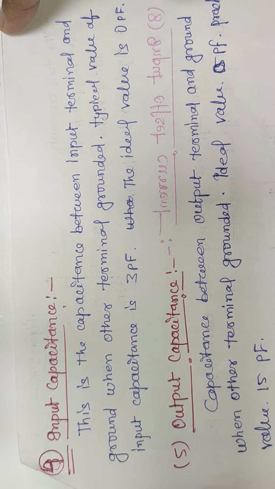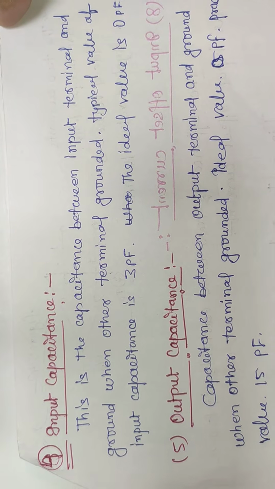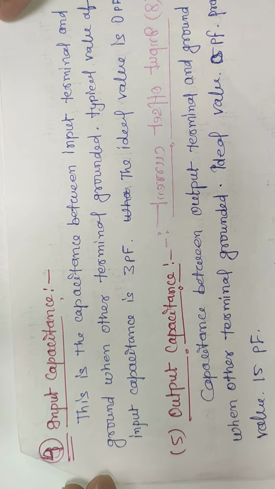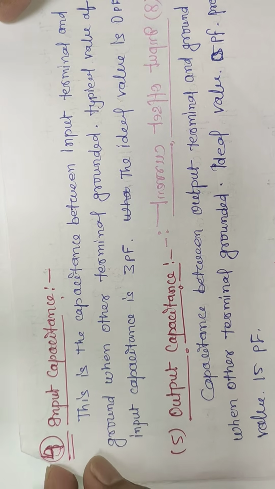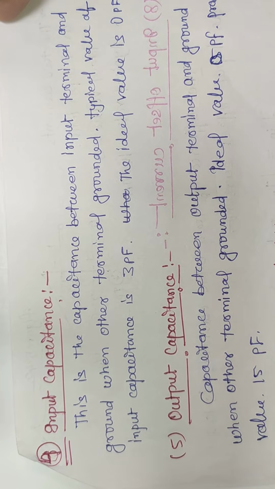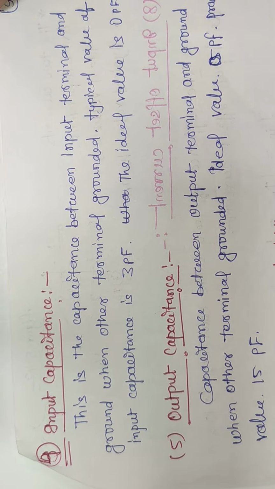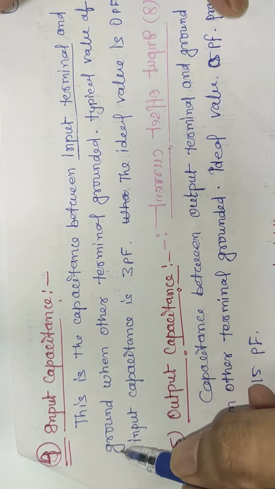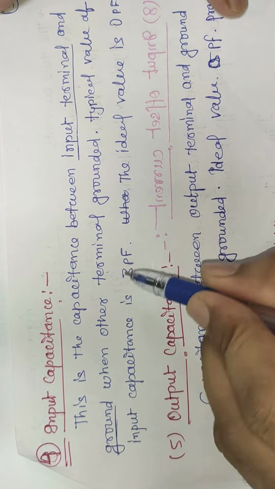आज हम बात करते हैं फोर्थ प्रॉपर्टी ऑफ ऑप एम्प, दैट इज इनपुट इम्पीडेंस की. ओके, लेट्स स्टार्ट. Input capacitance is the capacitance between input terminal of op amp and ground when other terminal is